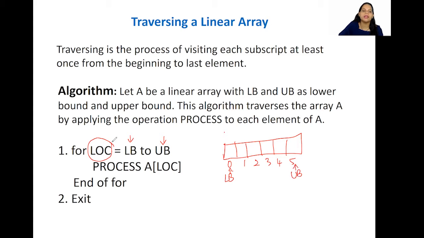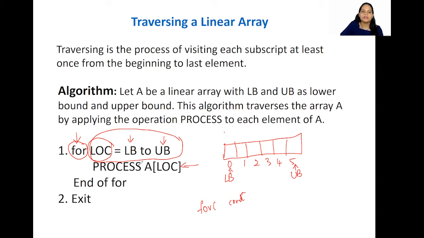So what I'm saying, I'm taking the variable LOC and this particular statement is getting repeated in a for loop. So I hope you all know how a for loop works. For a for loop, there is always an initialization. When it comes to C++, we use initialization and there is always a condition. So unless and until that condition is true, whatever the statements are under that for loop gets executed. Okay. So for this particular for loop, the condition is that the variable has to be between LB to UB, right? So that is between this to this.